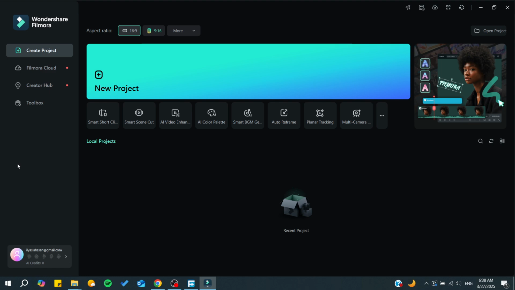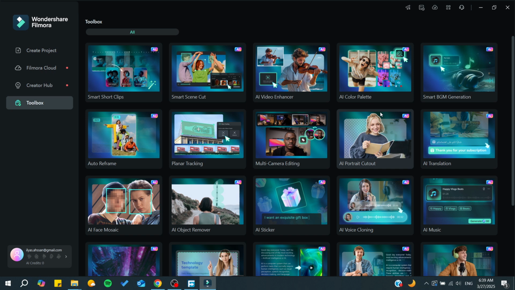So basically now you will first need to log in to your account, and you can do that by just opening Filmora, and this is the first screen that you would see, except for your project timeline or project view. And basically from here, we can simply start creating our projects, or we can simply go here